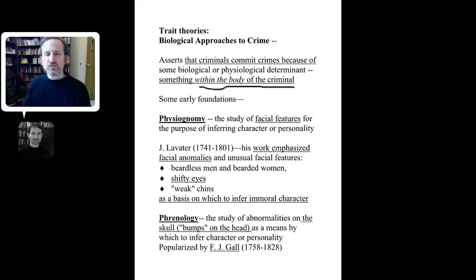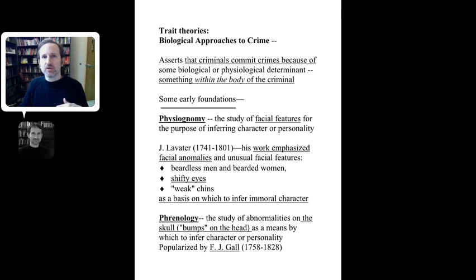All right. So this is not saying that it's rational choice, really, that it's more about something like genetic, biological things that exist inside a person and that then affect them and cause them to some extent to be inclined toward crime. There are early foundations for this type of theory, and you can see that this is going to be, again, at the end of the Enlightenment,